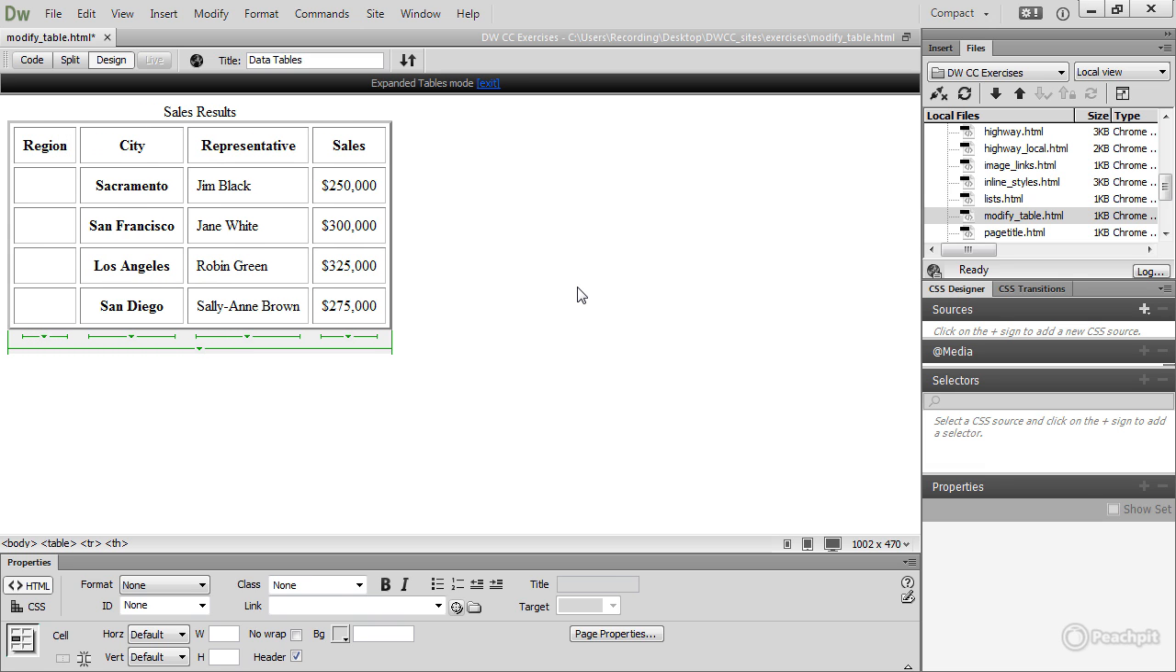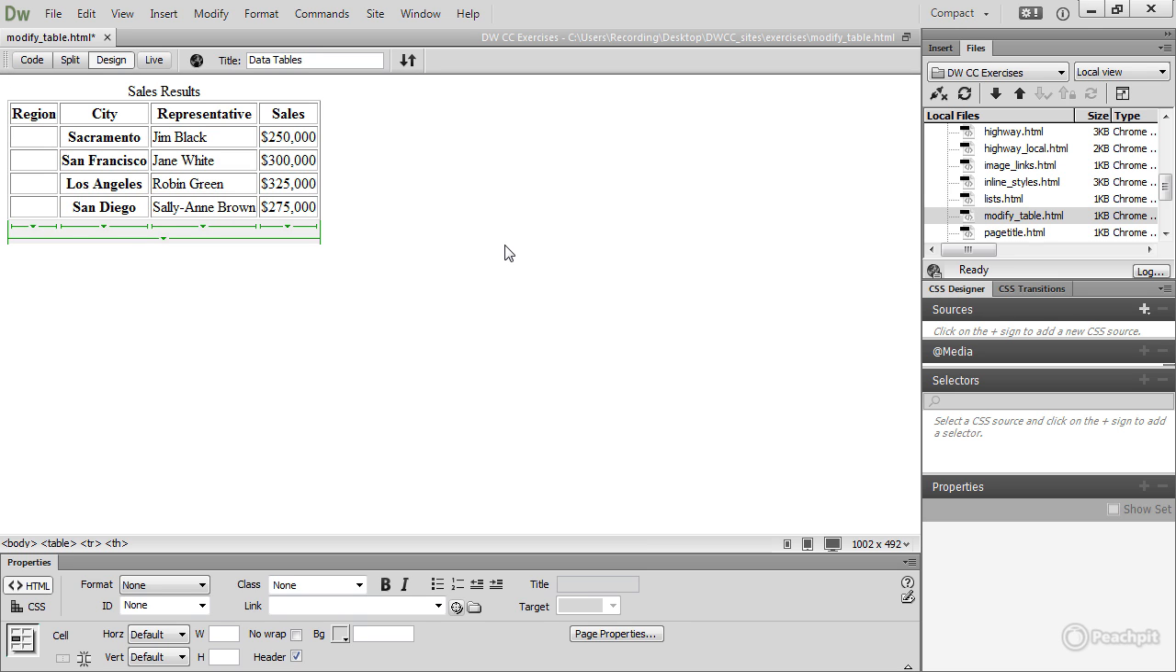I can now exit Expanded Tables Mode by clicking the exit in the bar at the top here, and the table collapses back around the content that's in there. What I want to do is to merge these 2 cells, so I can click and drag to select those 2 cells, and in the Property Inspector it shows me here Cell, and there is this tiny little icon at the bottom left, and it says merges selected cells using spans. So I click that and those two cells are merged together. So I can now type